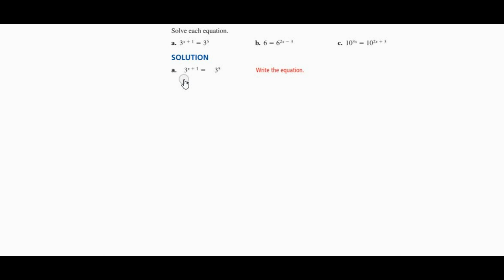So as we do that, we write the equation. We set x plus 1 equal to 5, and then we use what we know about algebra, and we solve for our value of x. B is a little bit